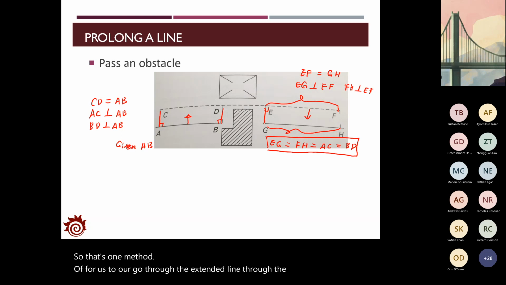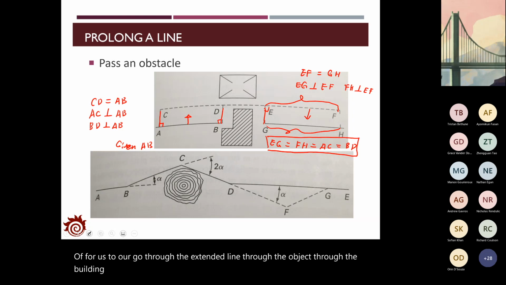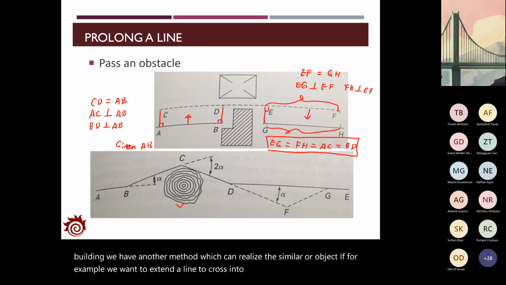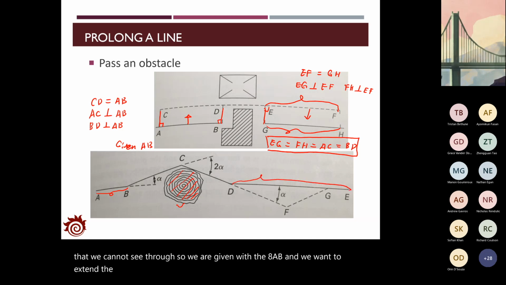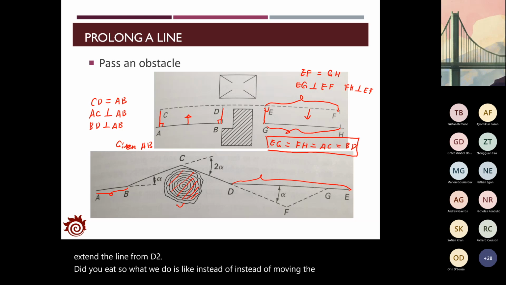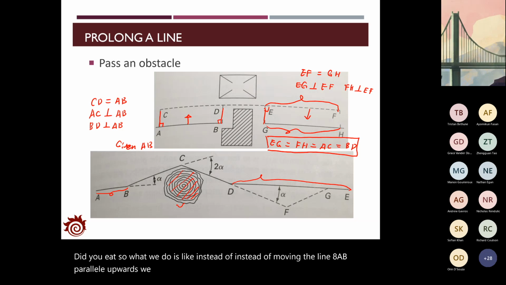We have another method which can realize a similar objective. For example, we want to extend the line to cross another object. This is the part that we cannot see through. We are given A to B, and we want to extend the line from D to E. So instead of moving the line A to B parallelly upwards, we will just start from the point C,